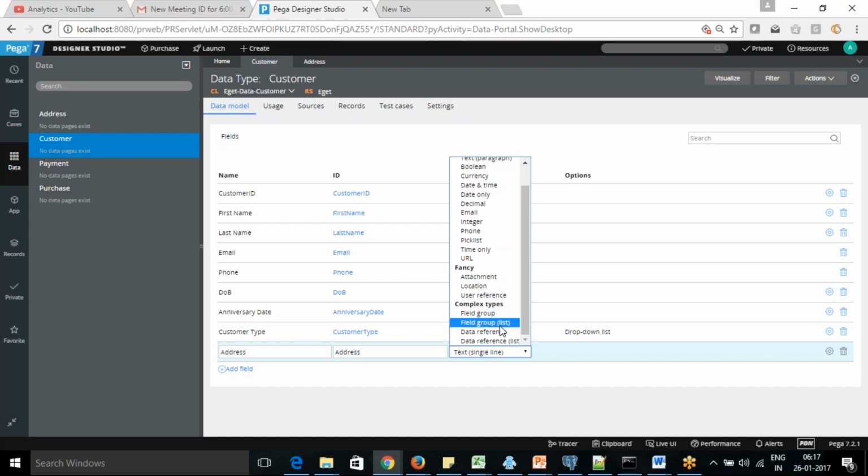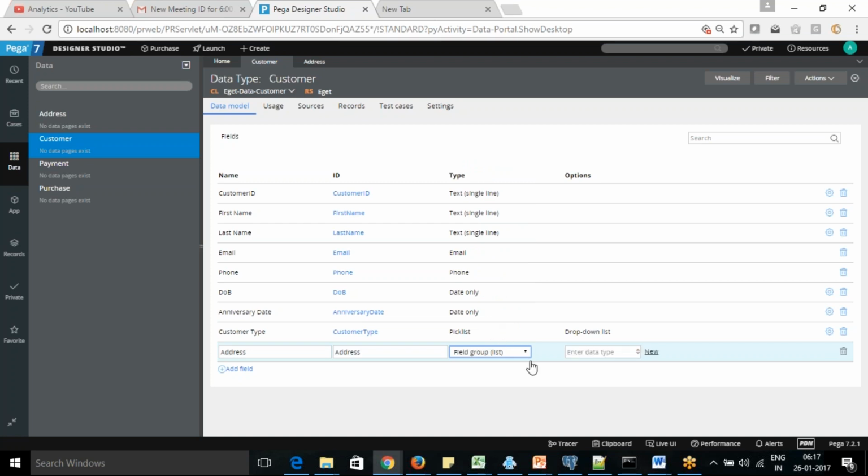If it is a single page, we normally call it a field group. And if we are going to create it as a page list, page group or any other one, we can go with it here. Here you can get the type of that.